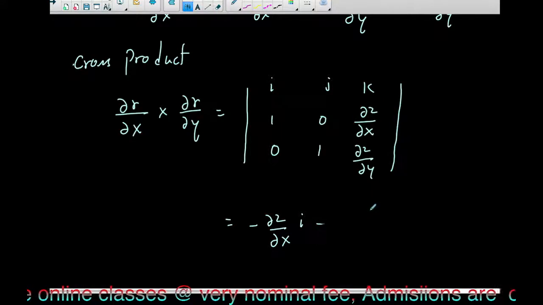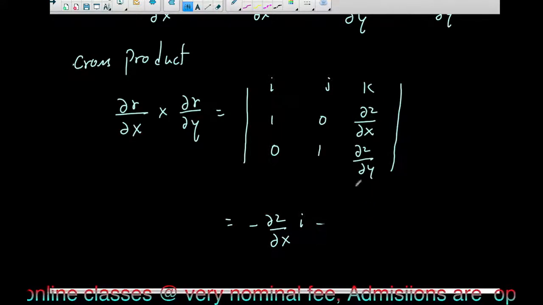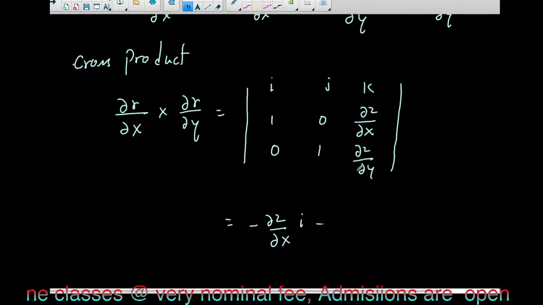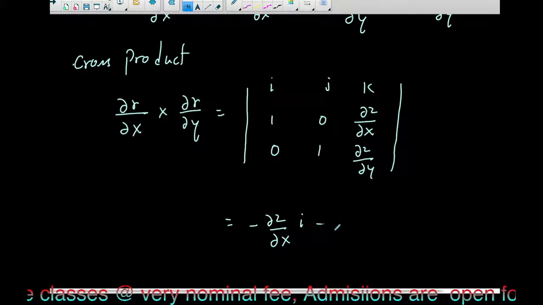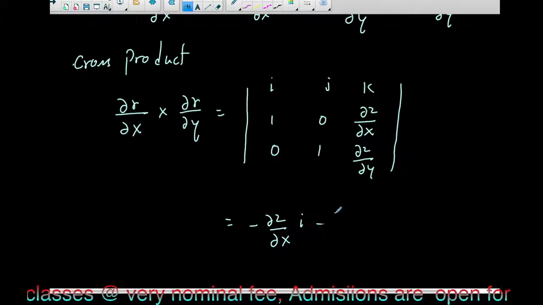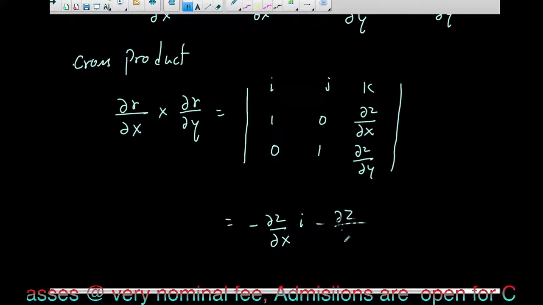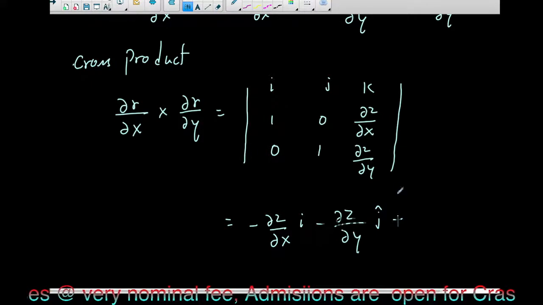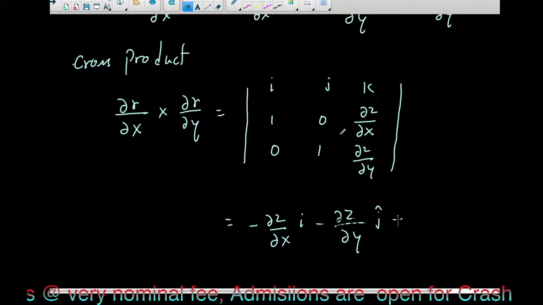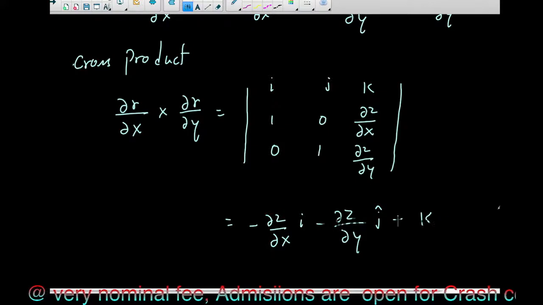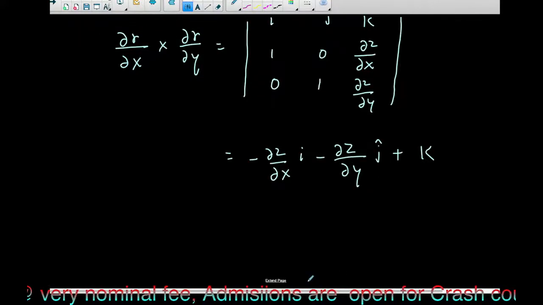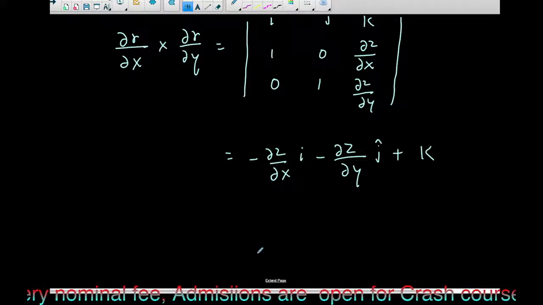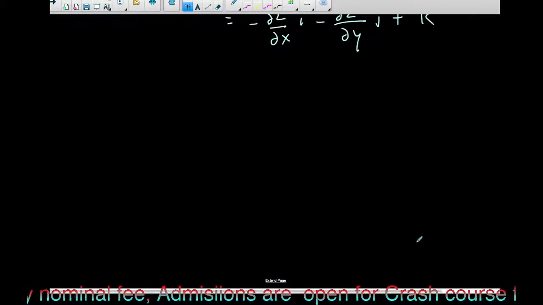So finally, j, this minus 0, this will be 0, only del z by del y will be there. So that is the negative of del z by del y, j unit vector, correct? And plus undoubtedly that is k, 1 minus 0, so that is plus the k unit vector, and hence in this way you get these terms, and so the surface integral in this case will become,